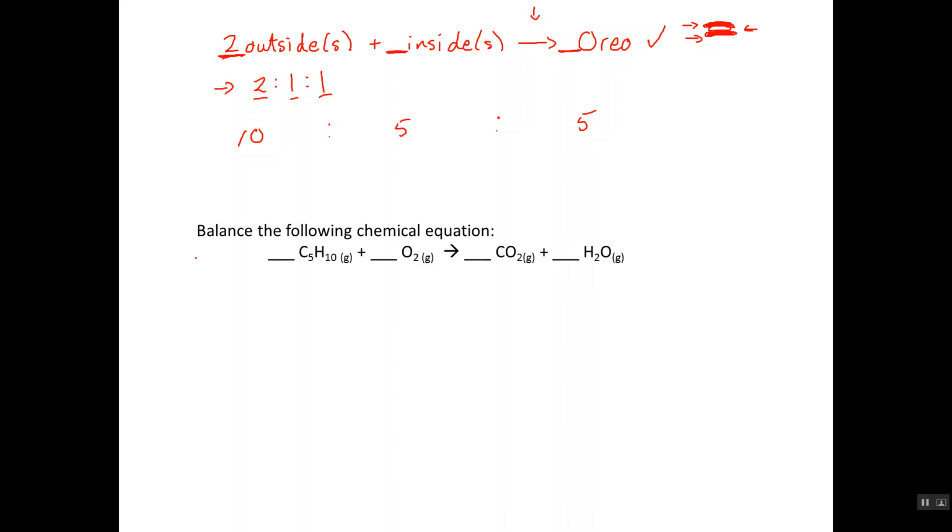But when I'm looking at a chemical equation like that, there's a lot of things I need to keep track of here. And so what I like to do is write little tally charts underneath each side of this chemical equation. The tally charts are made up of the different types of atoms involved in the starting materials, the reactants, the left-hand side, and the different types of atoms in the product, the right-hand side,